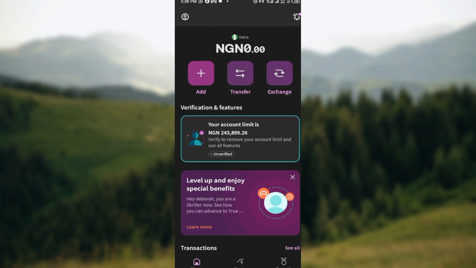Now, once you've opened it up, you will go to the home page where you would see your balance, and then you see three icons which include add, transfer, and exchange. Now, as you can see, my balance is currently zero, and if I want to fund this wallet, I don't have to bother too much. All I need to do is to click on the add option that you can see by the right side